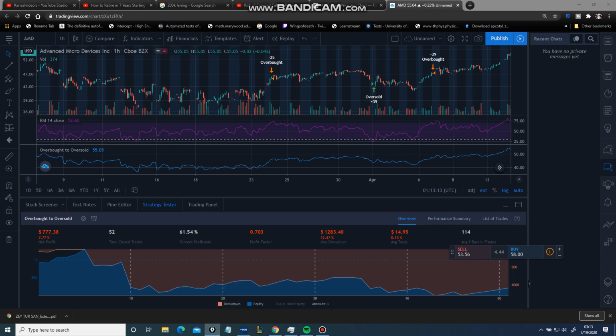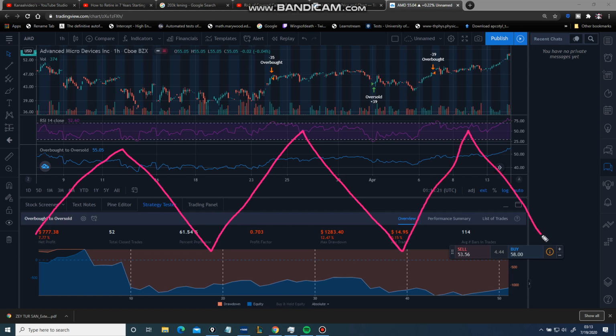And if you think about it, that makes a lot of sense. Because obviously if a stock just makes strong moves up and down like this, within the same kind of range, chances are RSI is going to say overbought over here and oversold over here, you're going to make a lot of money. Most stocks don't move like that. That's why a strategy like overbought to oversold, which is what this is, I coded it up, doesn't work most of the time.